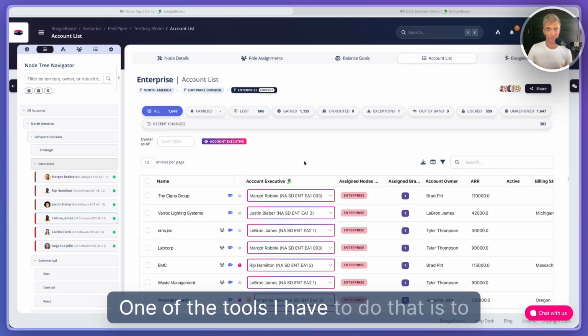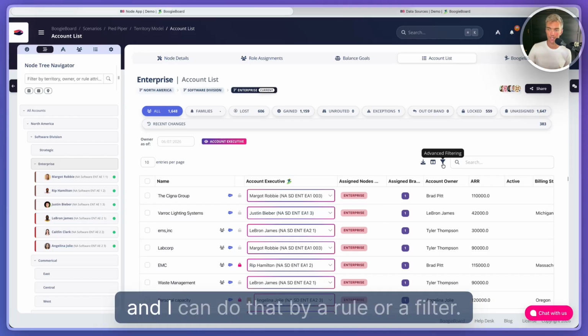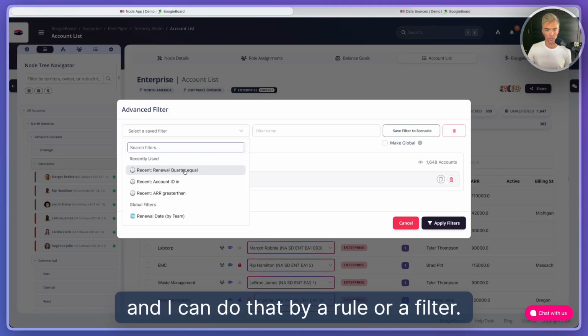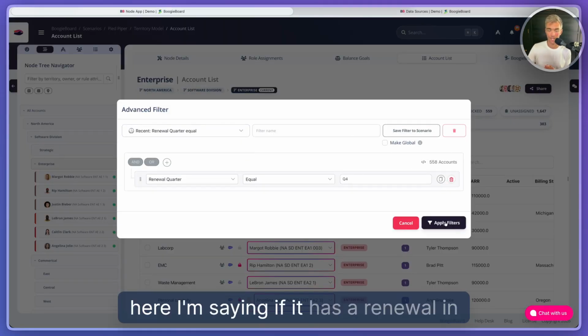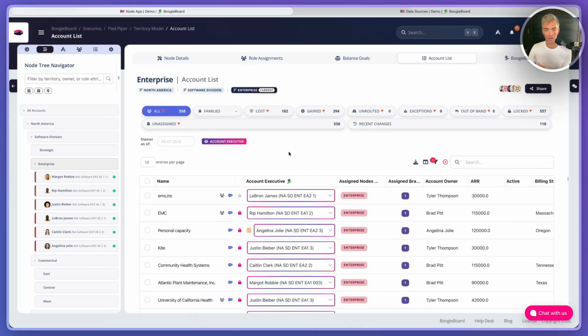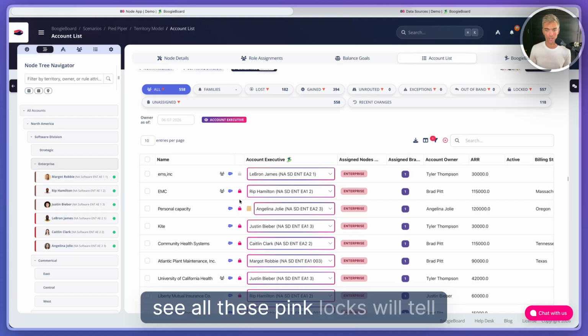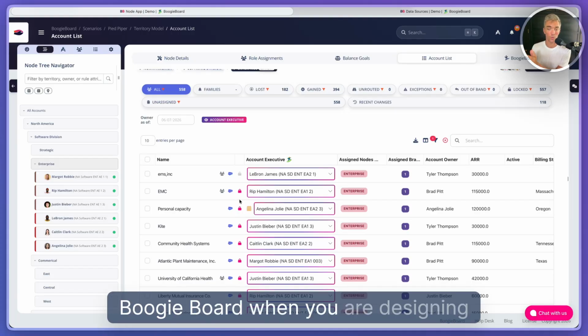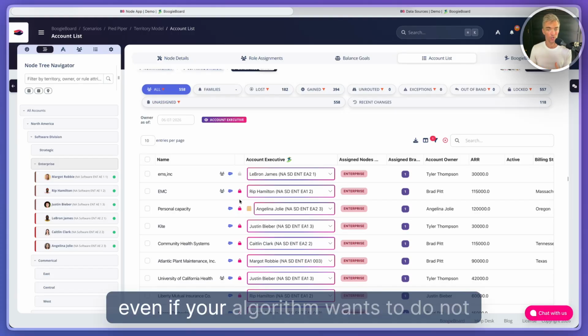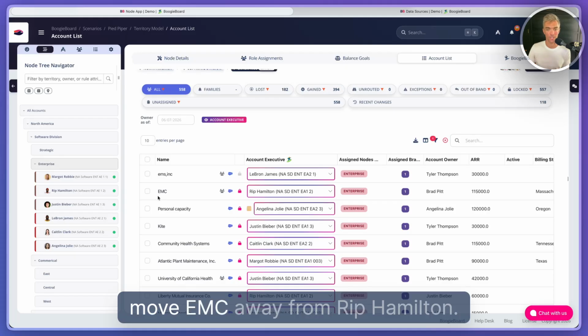One of the tools I have to do that is to lock accounts in place, and I can do that by a rule or a filter. For example, here I'm saying if it has a renewal in the next quarter, lock it in place. Now, I've already run this rule, so you can see all these pink locks. We'll tell BoogieBoard when you are designing territories, even if your algorithm wants to, do not move EMC away from